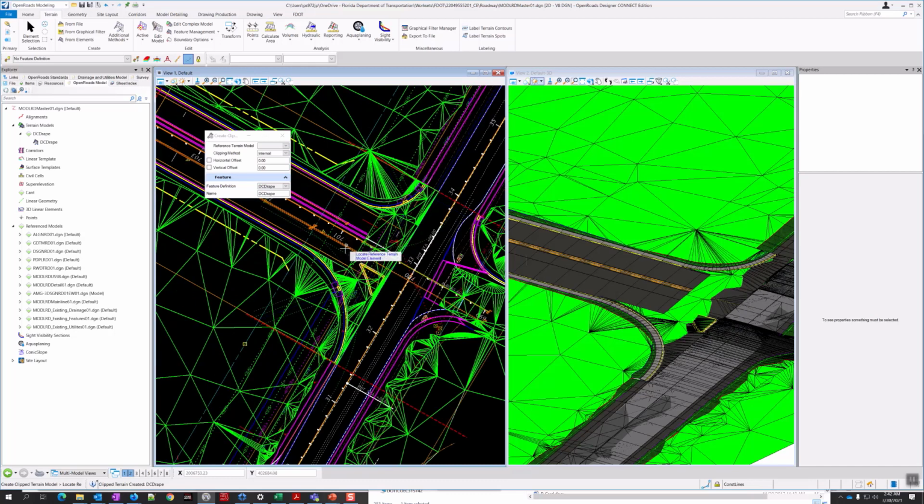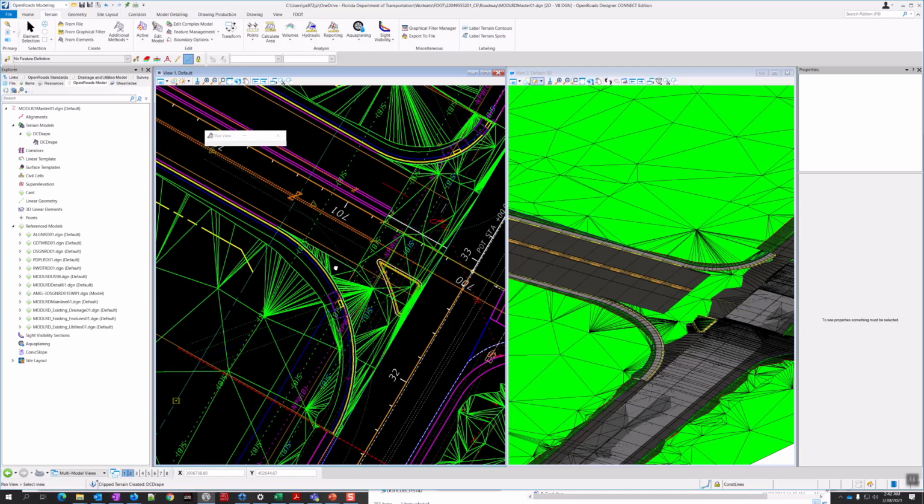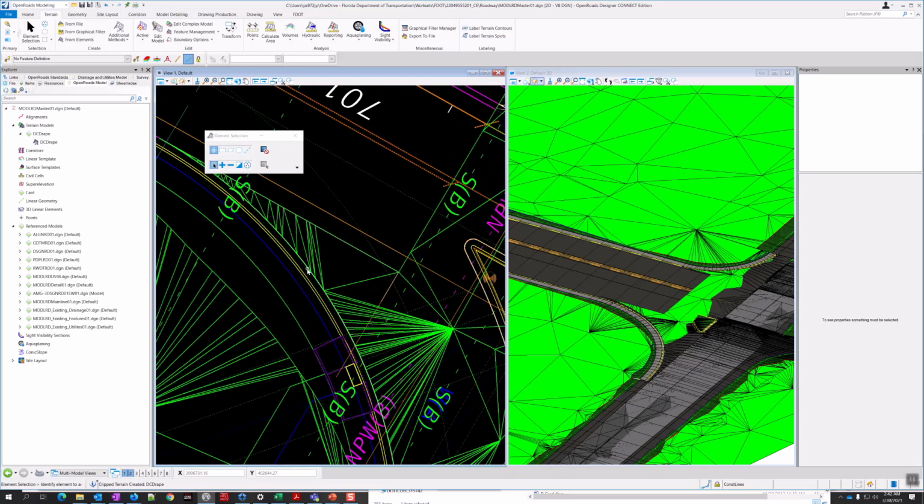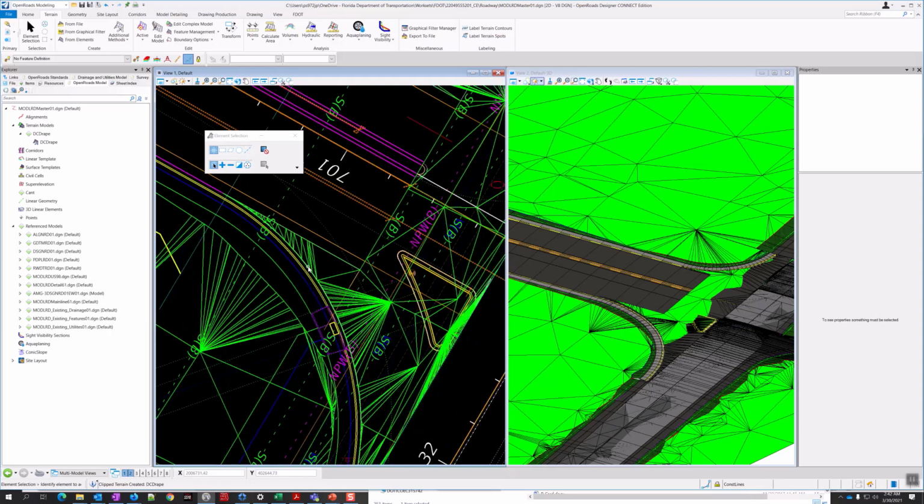If we want to clip that, we can't really clip to another surface. It didn't really like that, probably because it's not flush with that other surface. What we can clip to, though, is these boundaries. Again, it's not perfect either because they're not flush with it, but we had the boundaries that we created this other surface with. So if we add those, I come up here to the feature management on the terrain, click the drop down and click add features. I can say locate terrain model. That's the one I just clipped, the DC drape, and locate the element to add.